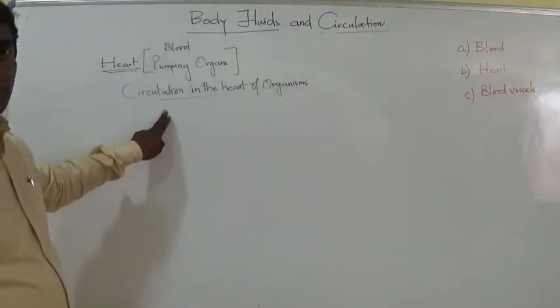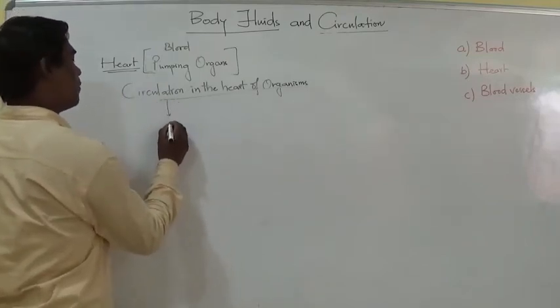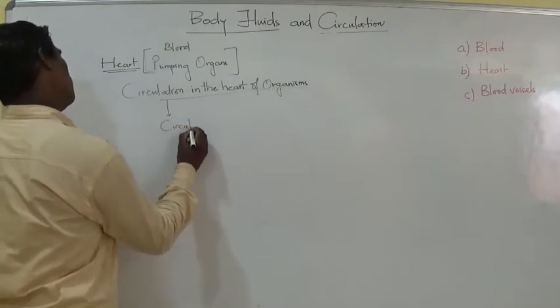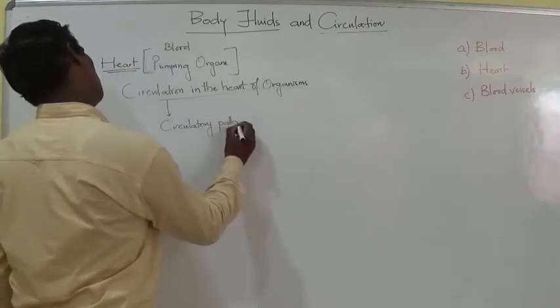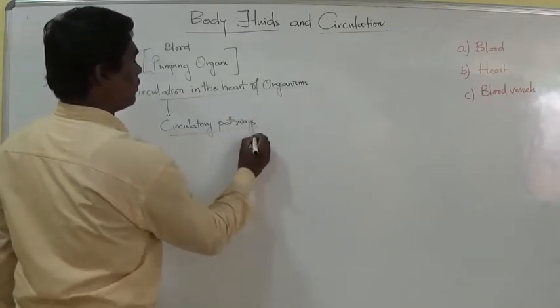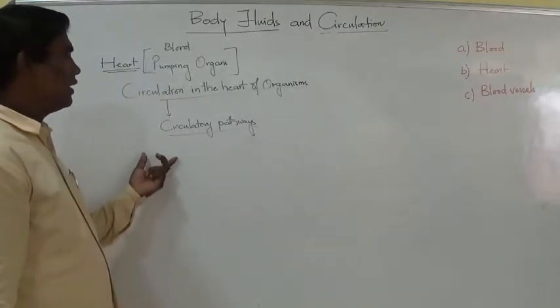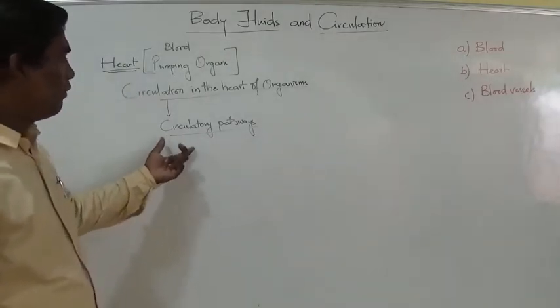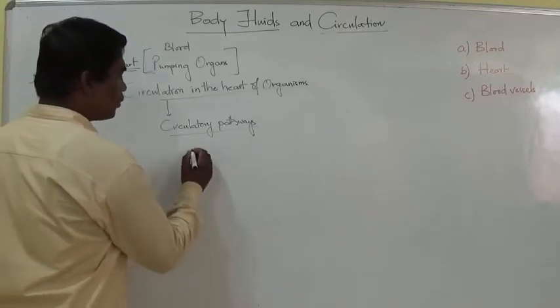Circulation follows certain circulatory pathways. So that means organisms usually follow different types of circulatory pathways. So there are two categories